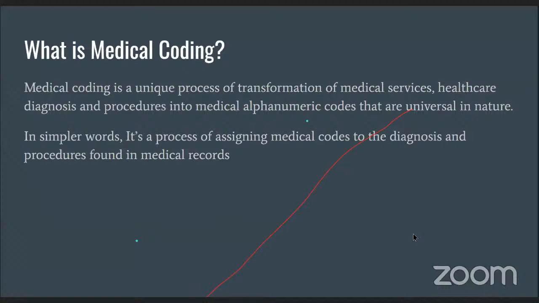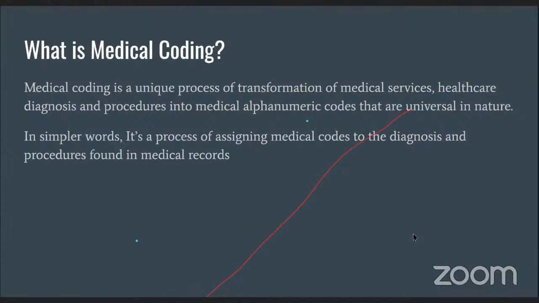Now, to explain a little bit further about this, the medical coders actually go through medical records that they get in the offices or hospitals. They identify important information like the patient's diagnosis, or if there are any procedures performed in taking care of that patient, the drugs used, medical supplies used, etc. And then they match that information with the medical codes that go with it. So it's a process of matching these diagnoses and procedures with the alphanumeric codes.